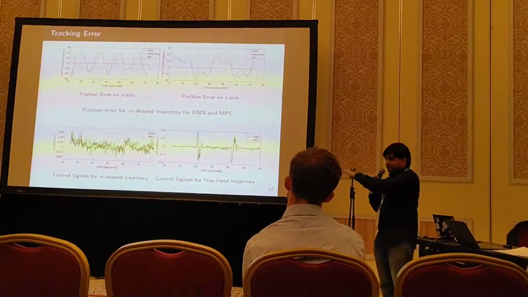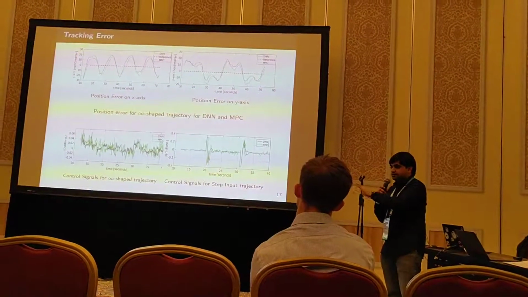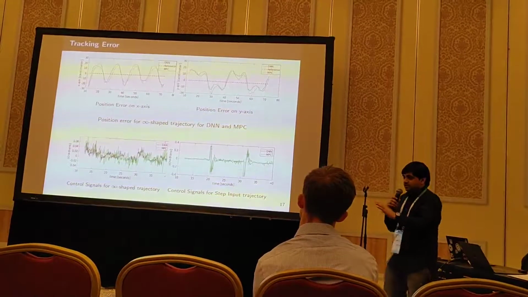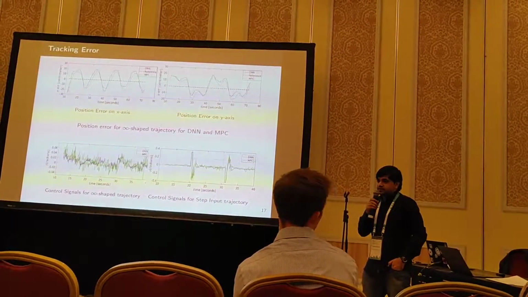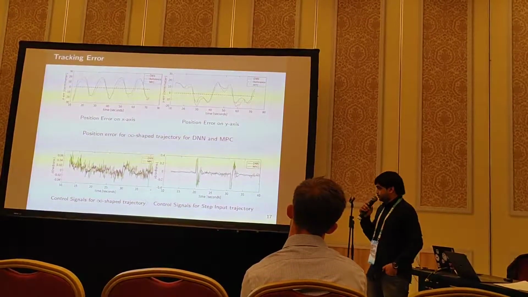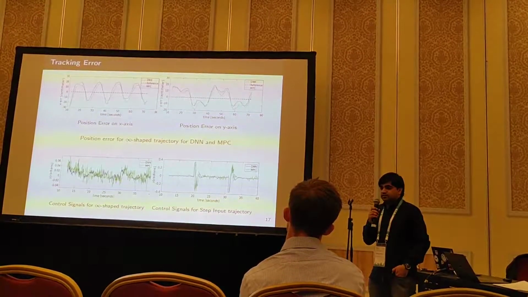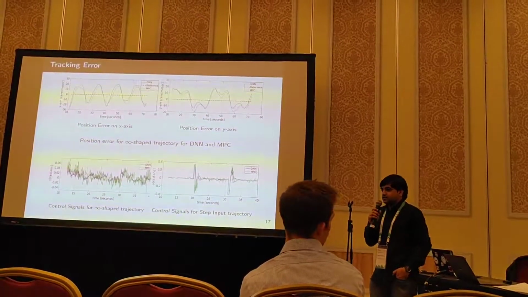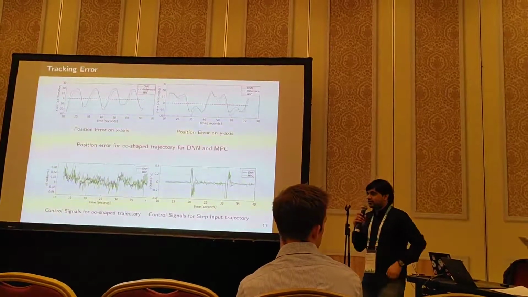You cannot claim that it's better than MPC. This comparison is not about being better or worse. It's about responsiveness. You can say that MPC is more responsive than DNN. In the other way, if it's smooth, it means that DNN is not that responsive. So the comparison is not at all about performance.